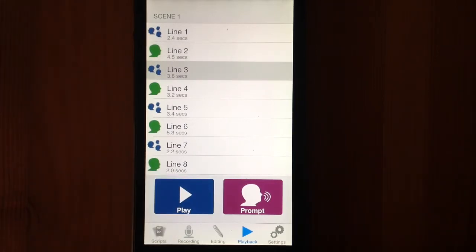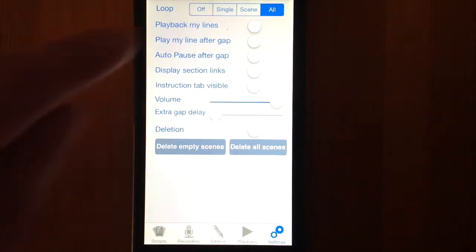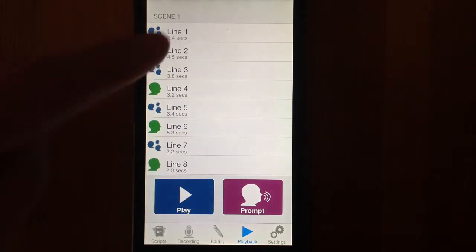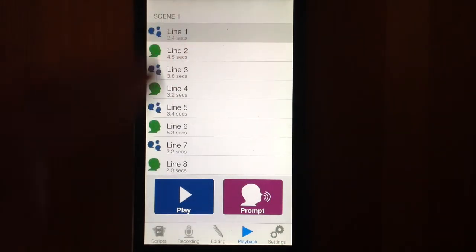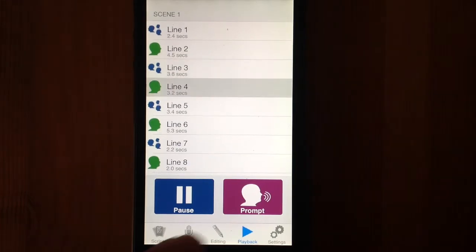And then after that duration is finished, it'll then play your line back just so you can check that you got it right. You can then, once you're feeling even more confident, turn that off, and on playback what it'll then do is just play back their lines, and then it'll leave a gap for you to speak your lines into. If at any point you can't remember your lines, then there's always the prompt button, and that'll then